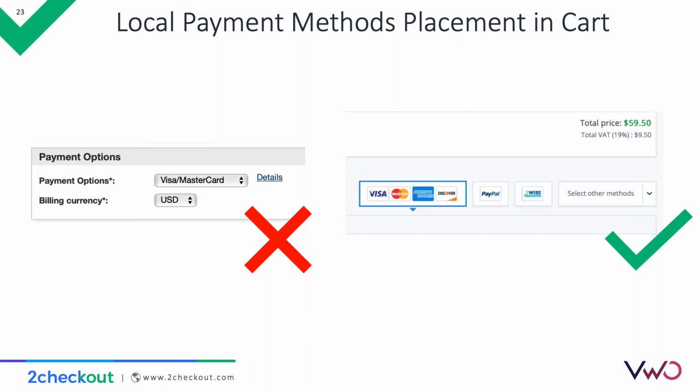And one extra thing you can do to optimize payment method usage, and this is kind of going the extra mile, is dynamically displaying and arranging them based on the user's location. So you can see how in the second example, I'm prioritizing the icons of the local payment methods based on their usage in that country. You can do so yourself. And just to give you a better understanding of what I mean, there's really no point in showing Alipay, which is a really popular payment method in China, to a user coming from Brazil. So you want to make sure that you display the accurate and correct ones for each country.